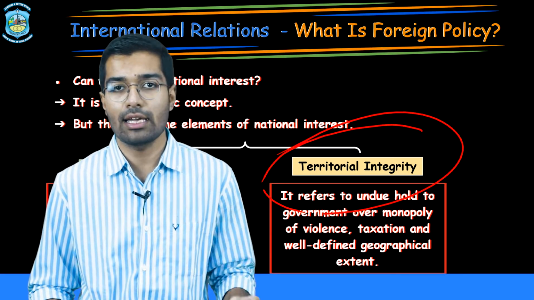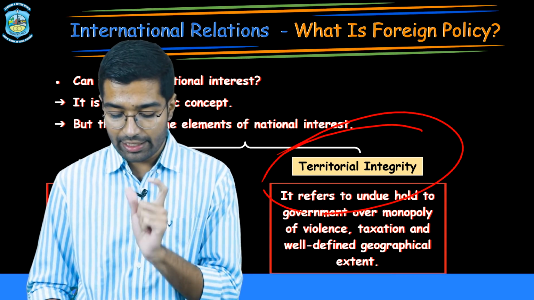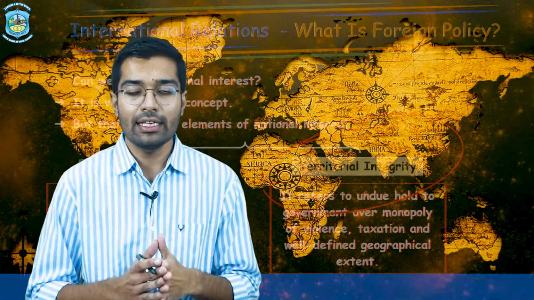Now here three things are mentioned. Let me clear the first thing, that is the well-defined geographical extent. Every country knows its territory, like India has its boundary and we know that the Indian boundary is this. China has its boundary, China knows that it is their boundary. Pakistan knows its boundary, America knows its boundary, and all governments fight for their territorial integrity. No government wants to surrender its territory to another country. We have wars for territory because we do not want to surrender the territory to the other nation.